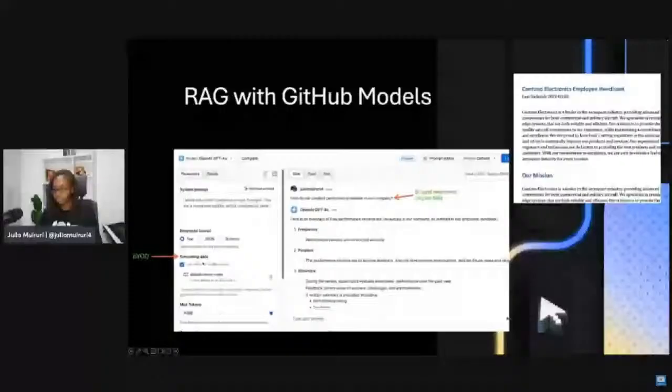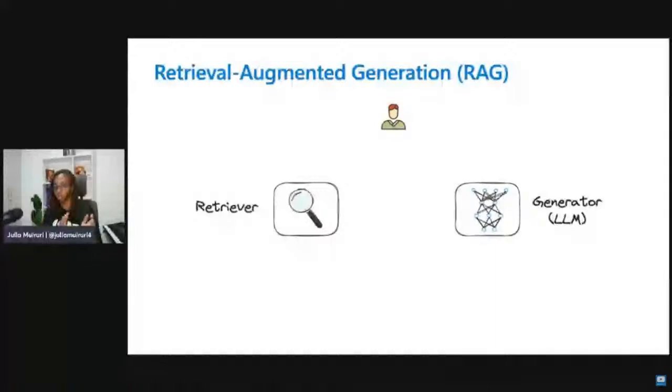Once you add your PDF, it's going to be vectorized and an index is going to be created for you. And right now you'll see that right there on GitHub models, you're able to ask questions and the model is going to ground the responses based on your provided data. Now for the RAG quest that you implemented, we're just going to briefly walk through the concept of RAG and then see what will come next in the subsequent version of the Build-a-Thon.